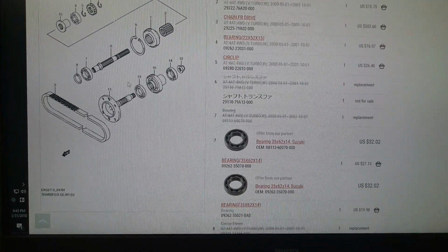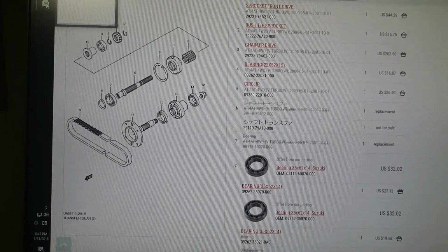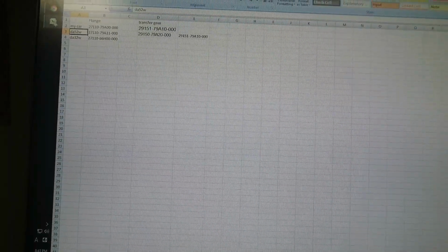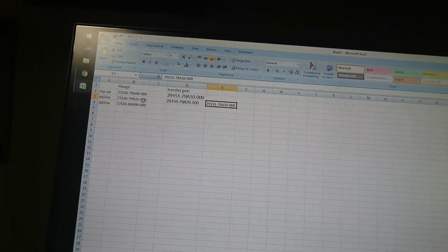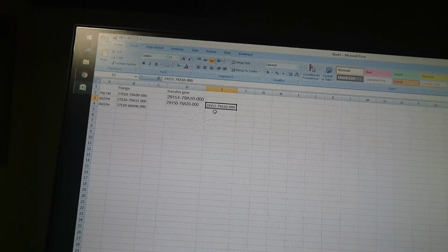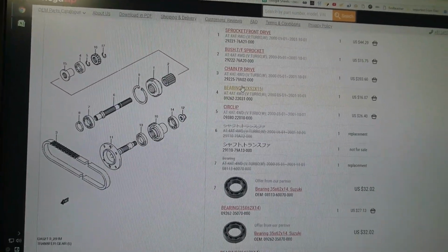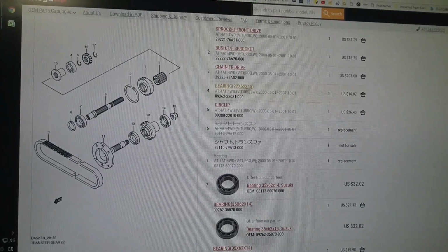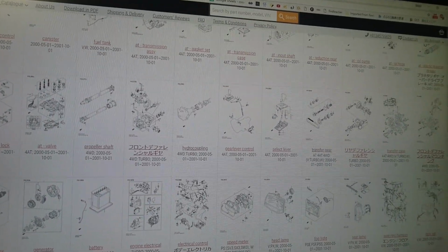Number 11, that's the transfer gear. This is the output for the front diff from inside the gearbox. You will see that the one on my car is the same as the updated one from the DA52W. So the drive shaft, which is also different, and I know that because I checked the part numbers, the drive shaft will bolt to the gearbox,